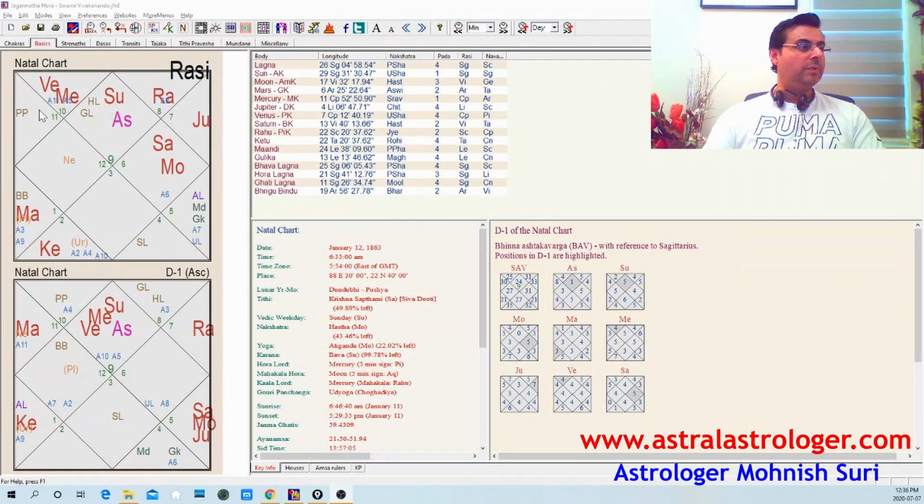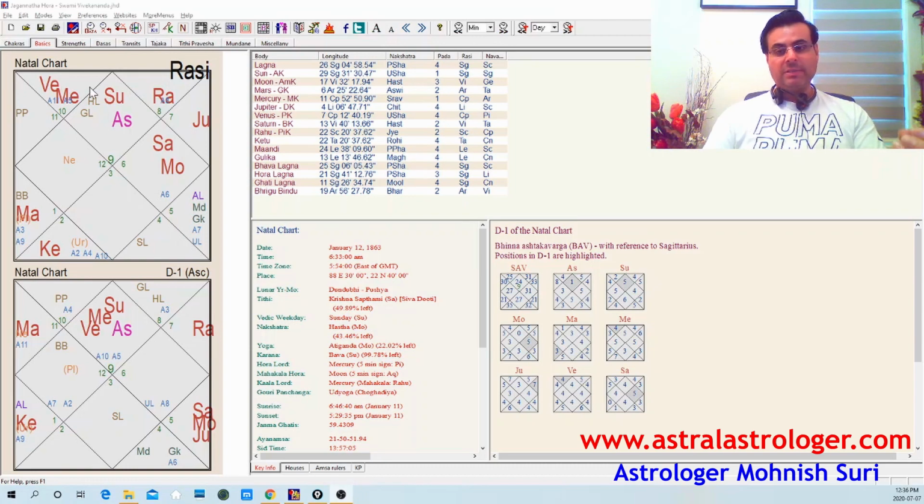And as always, you see this is Jagannath Hora. And what you see right now is the birth chart of Swami Vivekananda, one of the holiest spiritual gurus, the founder of the Shri Ramakrishna Mission. He led all his life for spiritual reasons, for spiritual pursuit, and helping people connect with the divine powers.